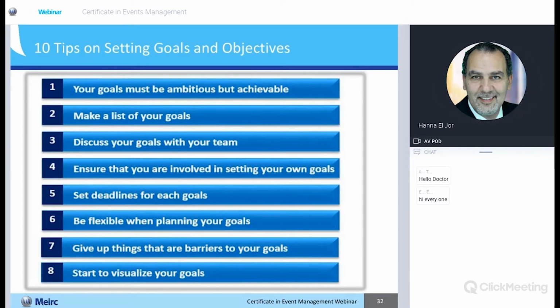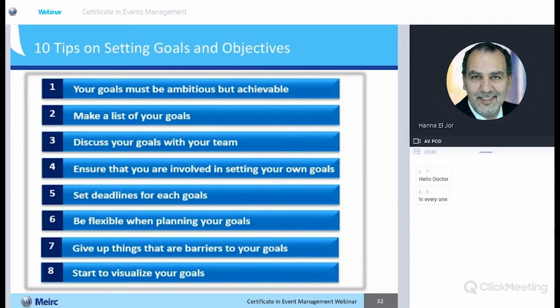Okay, so it has to be specific. I cannot just set an objective that's out there without being too specific. Can I measure it? How can I measure it? Usually the measurable part is you have a number, you have a percentage, increase, decrease.